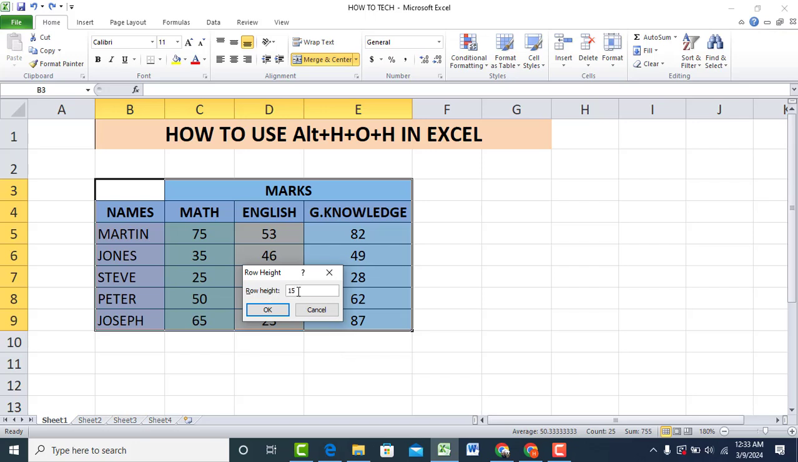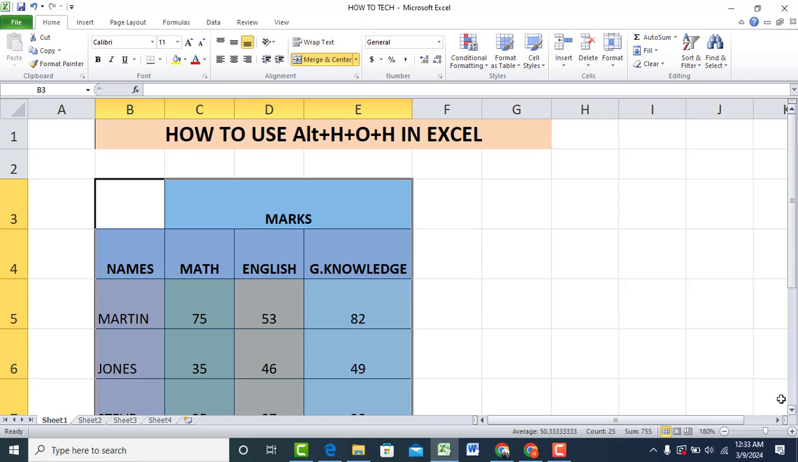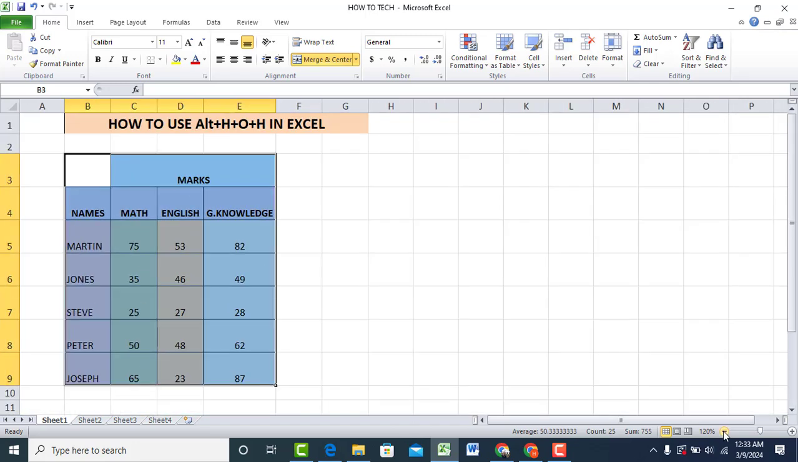You can change it and you can increase the height of the rows simultaneously. Say I am saying it 35 and click on OK, and you can see the height of all the rows have been changed. So this is how you can use Alt+H+O+H in Excel to increase the size of different and